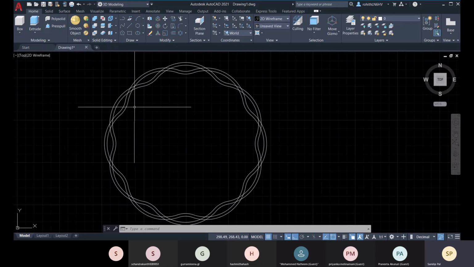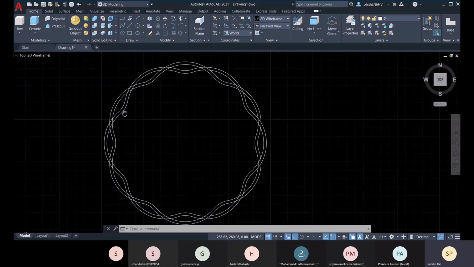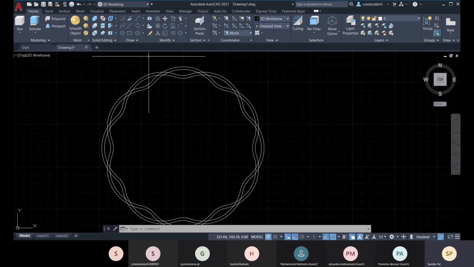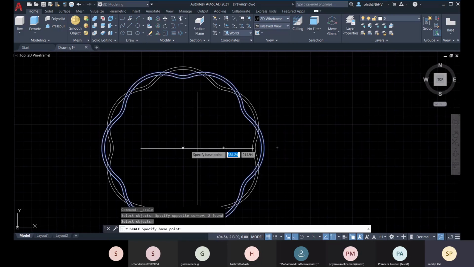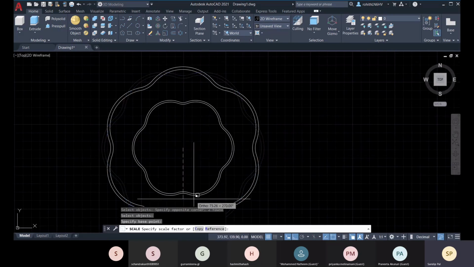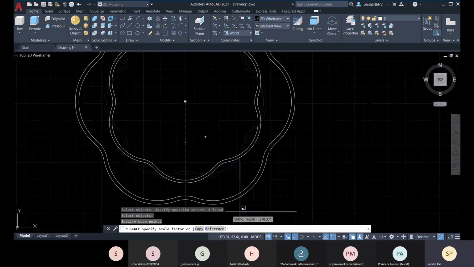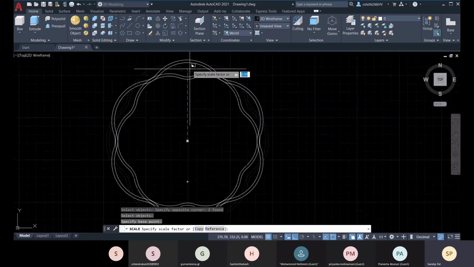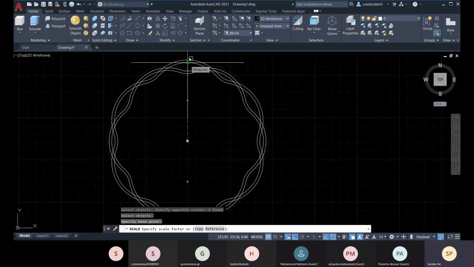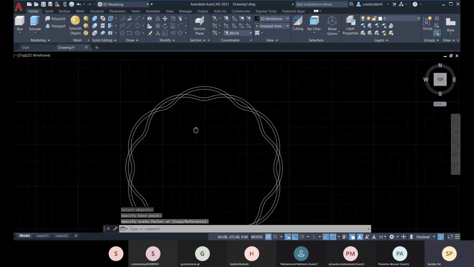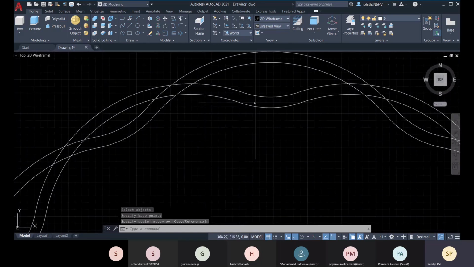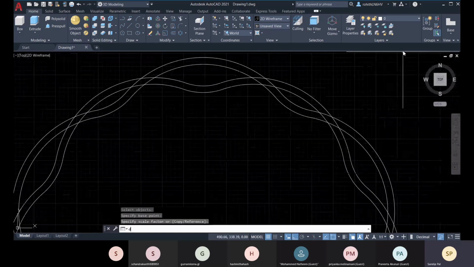Okay, and after that, when you are offsetting it, okay, so when you are making scale, if you are making it scale in this way, so this got the distance lesser.